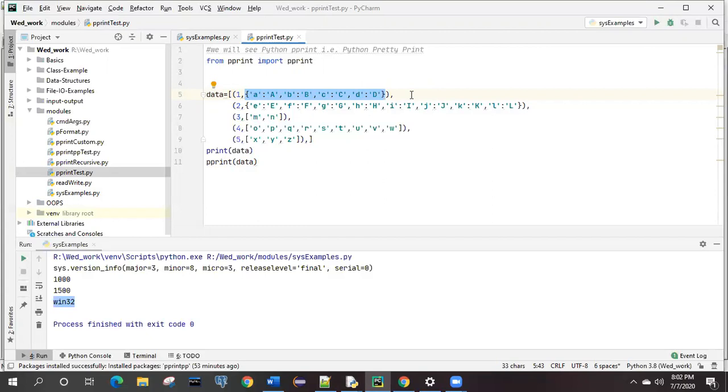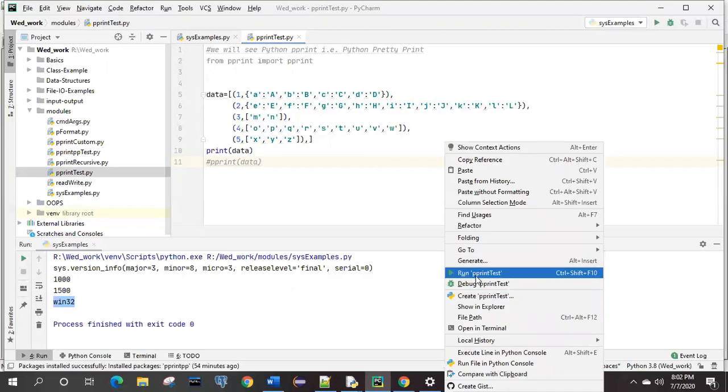Remember the curly braces. It is only for display purposes. It doesn't have any intention to be written over here, right? If you see, small a is the key, then the value is capital A, b then capital B. Like that, it is a key value pair. So it has totally 5 elements inside that list. And this is the simple way. The data name is list, having some elements inside it, and we are printing it.